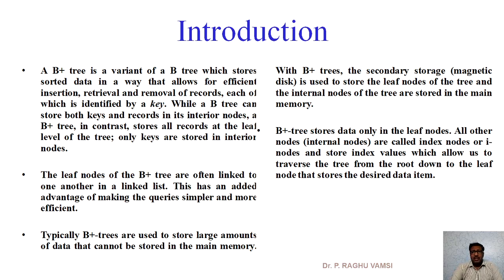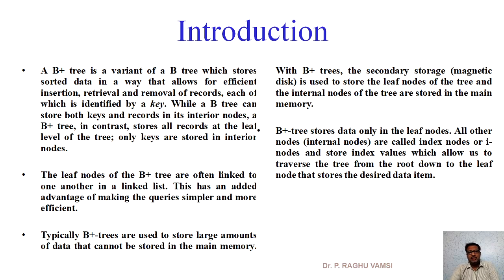That means the keys are the file names, and these file names are stored in the main memory, but the link from the file name is given to the actual file that is there on the hard disk. If you want a particular file, then you mention the file name, automatically the index will be searched and the corresponding file will be picked up. This searching operation will take within log n to the base m time, where n is the number of keys and m is the order of the B tree or B plus tree that is maintained. So this is the basic idea of the B plus trees.